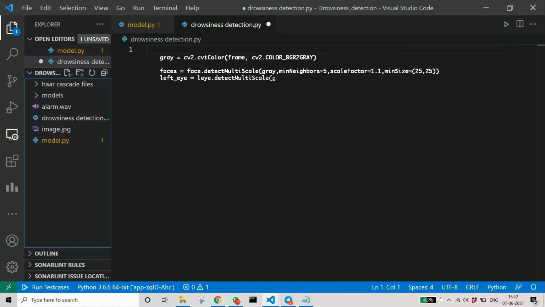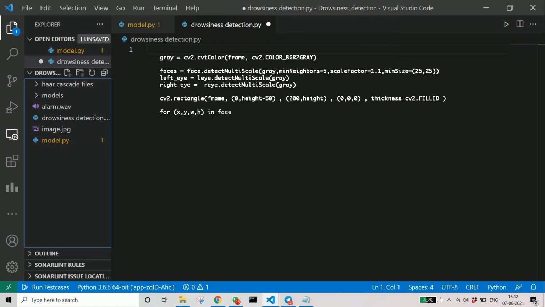Then here you can see the classifier. We are detecting the faces, then getting the left eye, then the right eye, using the classifiers which we defined earlier. Now we draw on the frame with cv2.rectangle, where we give coordinates, from which point to which point. This is the important part. In faces, as I mentioned, you can get the face, and in the face we try to find where our left and right eye are. It becomes better, rather than searching for an eye in the whole image, to first focus on your face, then go for the left and right eye.